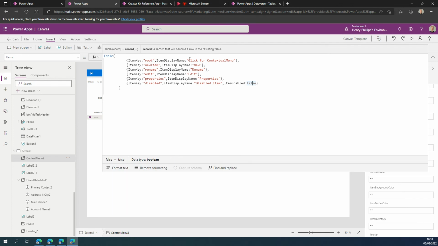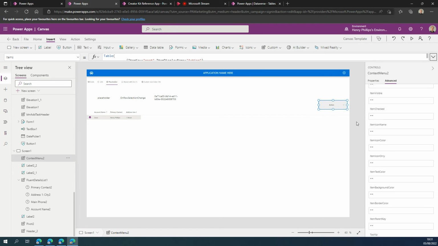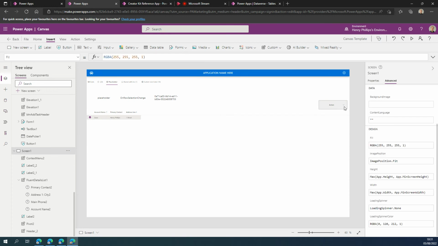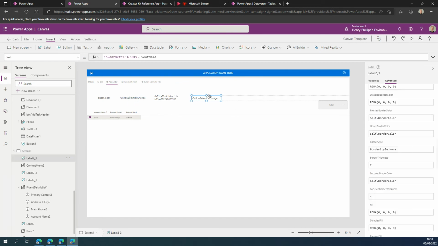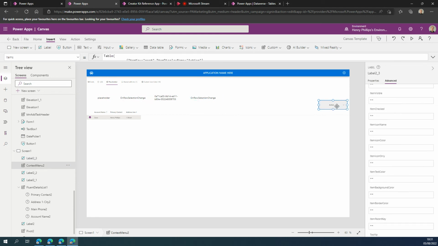Again, this is showing a root, so you may not actually want that, so I'm going to put action, and then attempt to have new, rename, edit, for example. And then you can see action here. It's fantastic how quickly you get a nice looking actionable menu. And similar to what we've done with these other labels, to use our favorite word of the day, pivot, to pivot off of it,